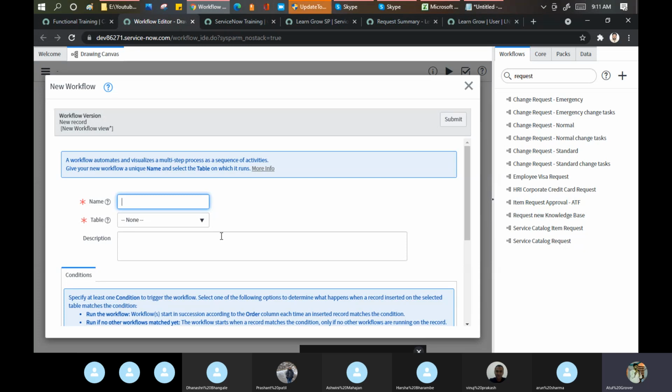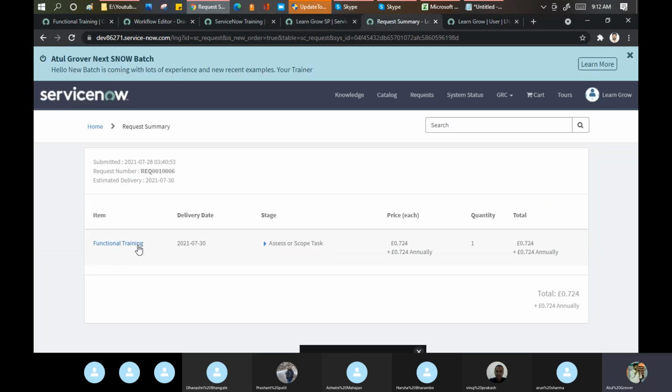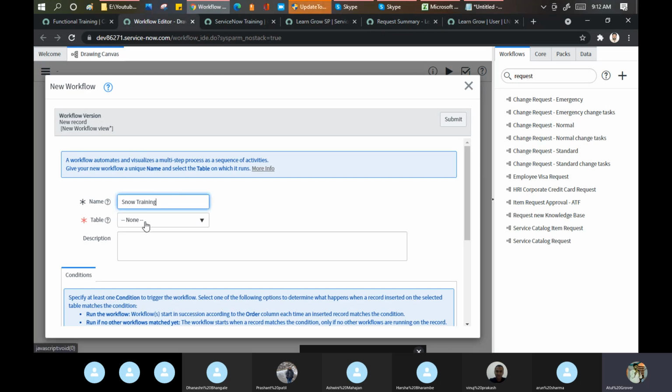But as of now in the market, this is also in use. Let me put the name in here: Snow training. On which table do you want to run this? I want to run this on my item level, right? So go here and search for the table.